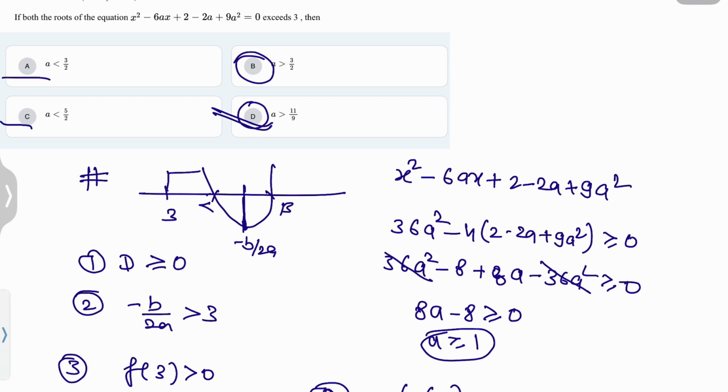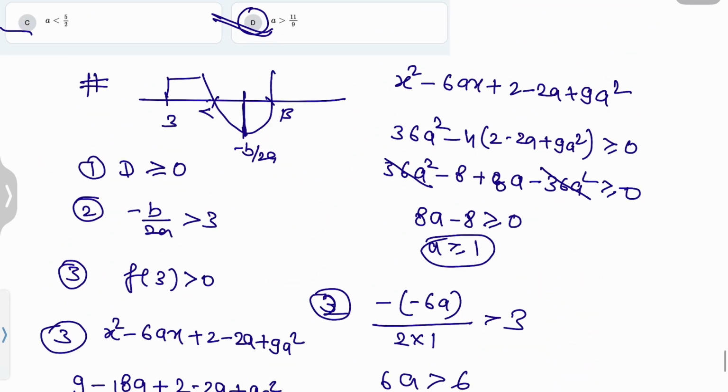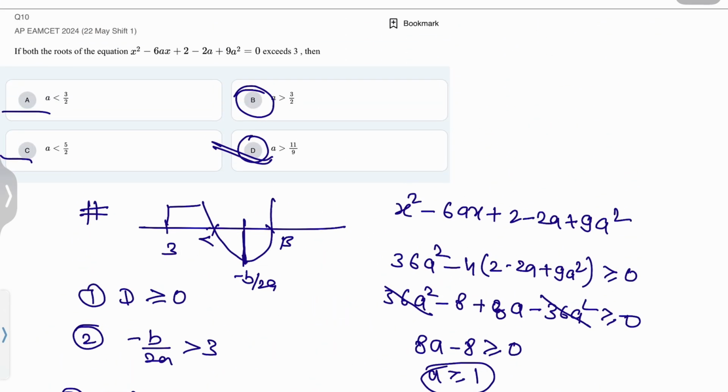I hope you understand the content. So the 10 questions are complete today on quadratic equations. If your response is good, then I will